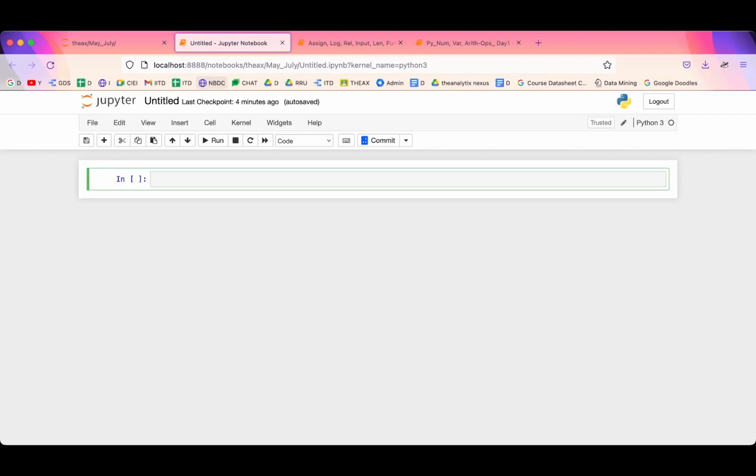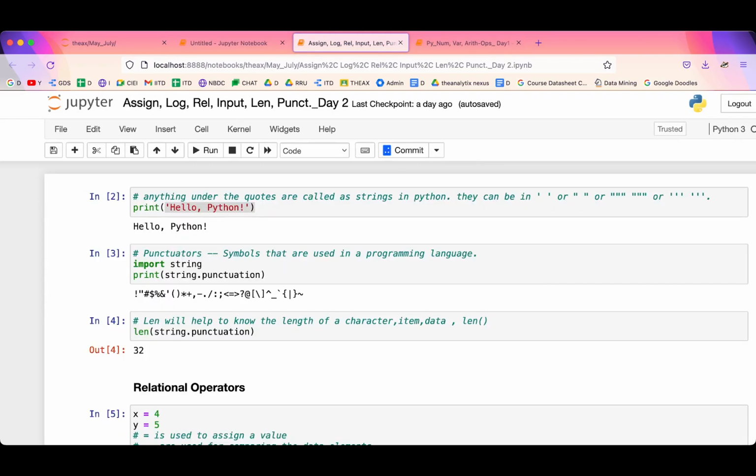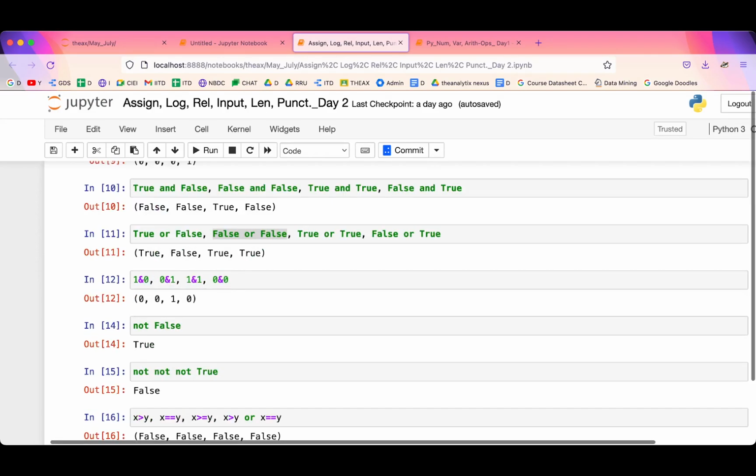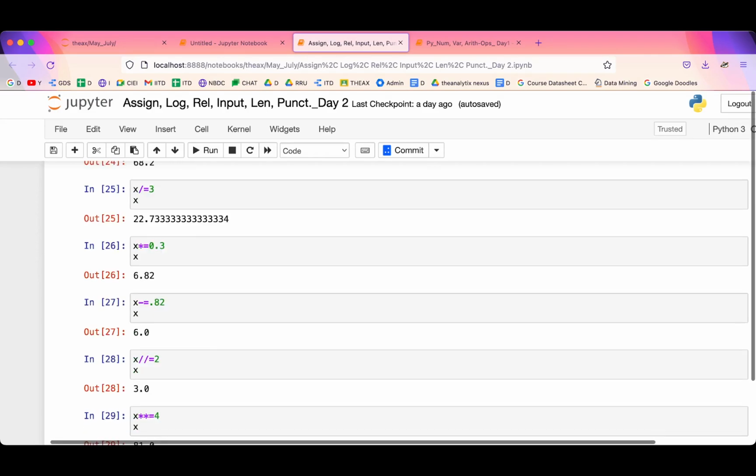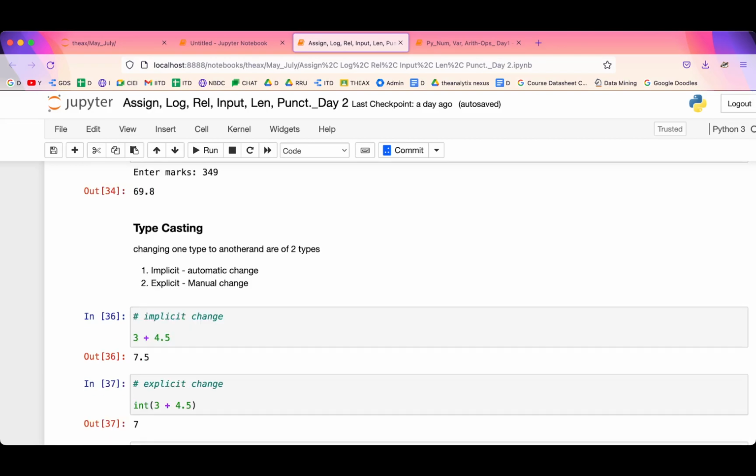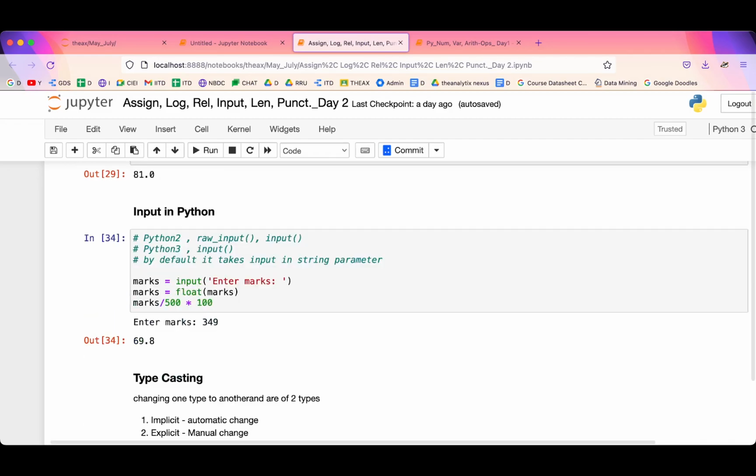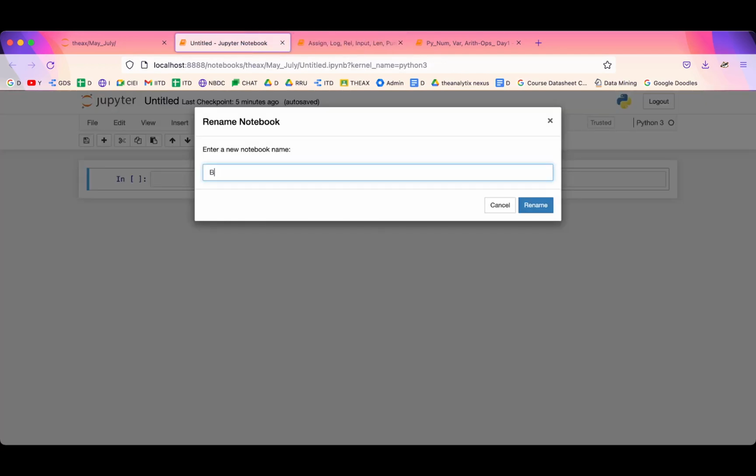So yesterday we did up to some assignment operators, logical operators. We saw input, length, punctuators, and some other things. These were the different methods of typecasting. Then we saw how the input function works, a very basic practical approach. Okay, fine. So today, as our topic says, we're going to discuss Boolean operators,